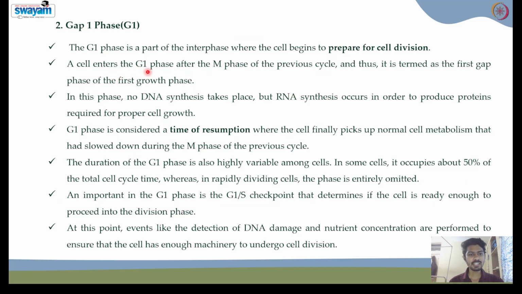A cell enters into the G1 phase after the M phase of the previous cycle, and thus it is termed as the first gap or the first growth phase. So what happens in this phase? There will be no DNA synthesis, but RNA synthesis occurs. Why? In order to produce